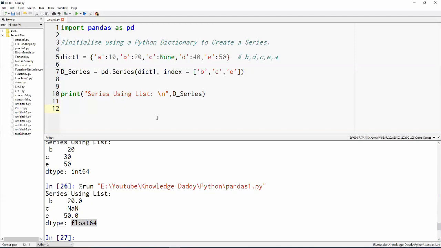We have seen this before when we created an empty list, an empty series. We had told that by default the data type of a series is float 64, right? So why is it showing up when there's a None value in the dictionary?